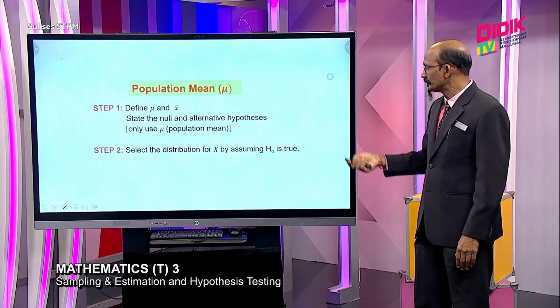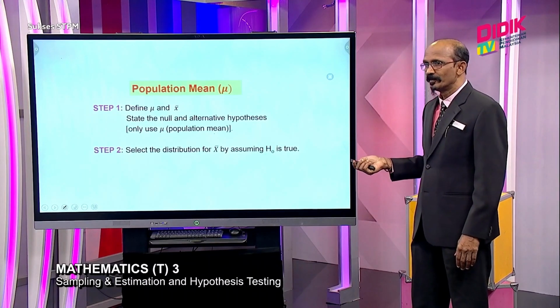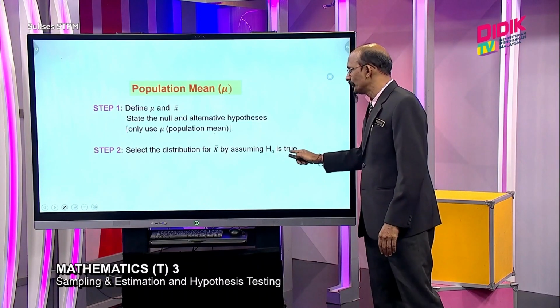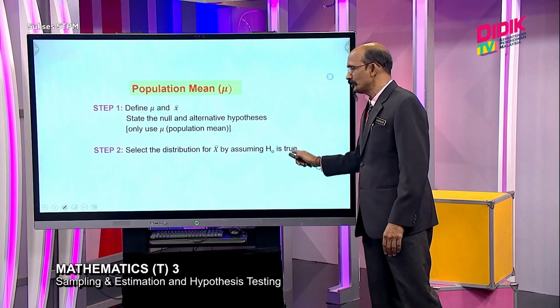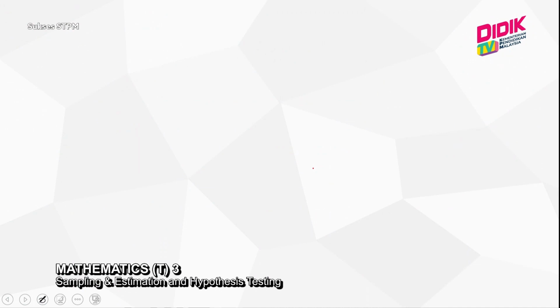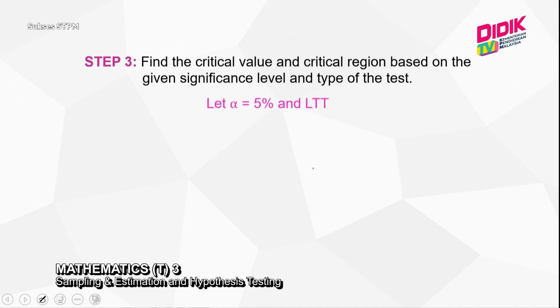In step 2, select the distribution by assuming H0 is true. This is our H0 and H1, but here we assume H0 to be true. Then in step 3, we need to find the critical value and critical region based on the significance level and